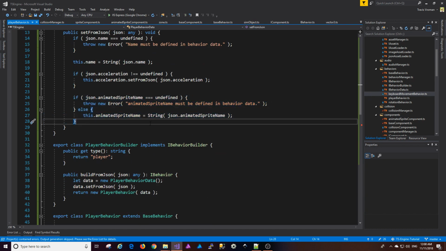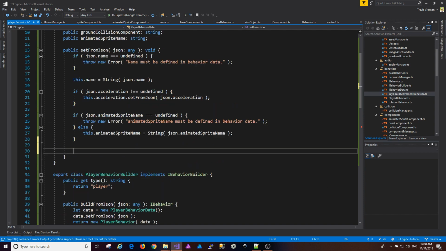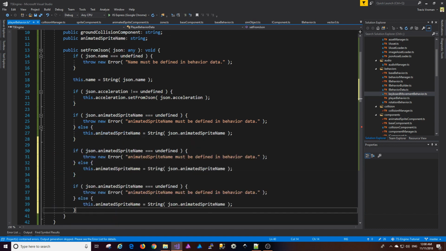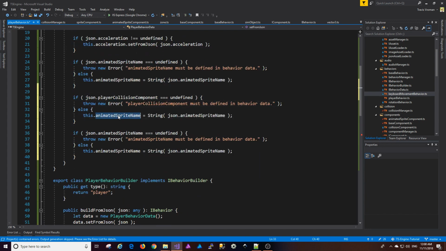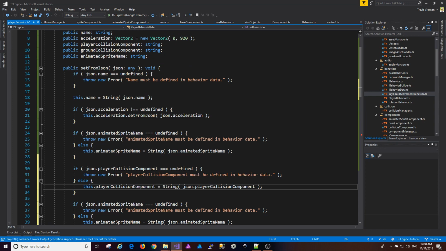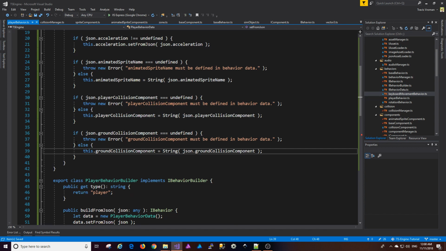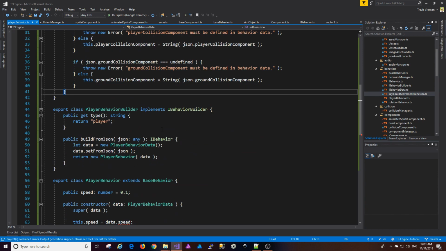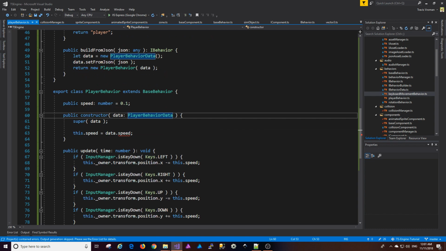Okay. Next is going to be, it's pretty much going to be almost the same exact code for the player collision component and the ground collision component. So I'm just going to paste copies of that code and just update it accordingly. Okay, we've already changed this. Alright,